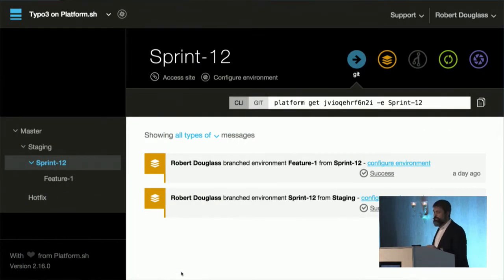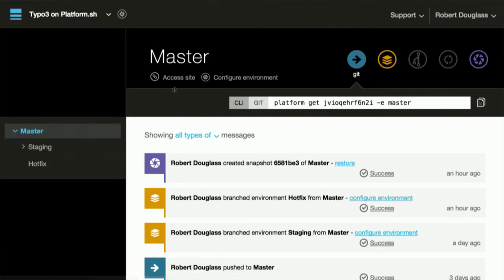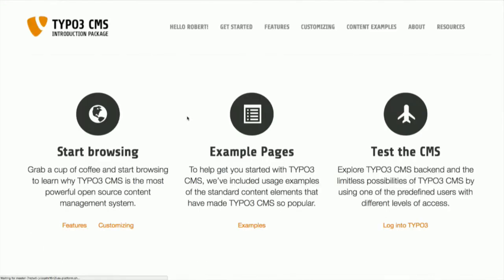So, here is a Typo3 version 8 project in the Platform.sh cloud, and this is what you will end up with if you follow one of those links that you just memorized. Now, over here on the left, I have a number of environments. What is an environment? An environment is, in its simplest form, simply a Git branch. An environment is also a complete copy of the running application with all of the services and an exact copy of the production data. That means if I go and show you the master branch, which is synonymous with the live site,